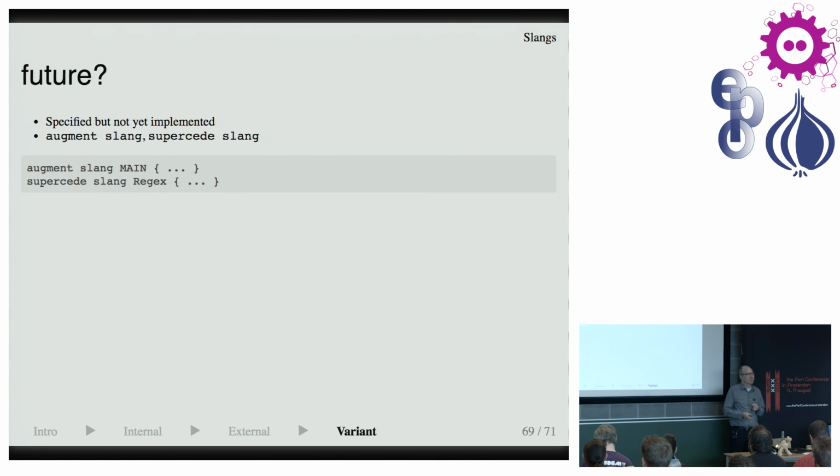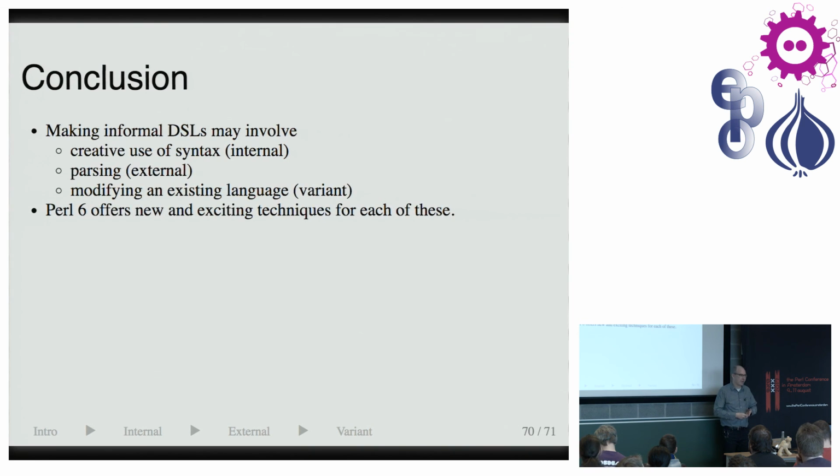There's still some work to be done for syntax for using slangs. But all in all, they exist. And in conclusion, we've seen some examples of creating informal DSLs using changes to the syntax by parsing something externally or by modifying